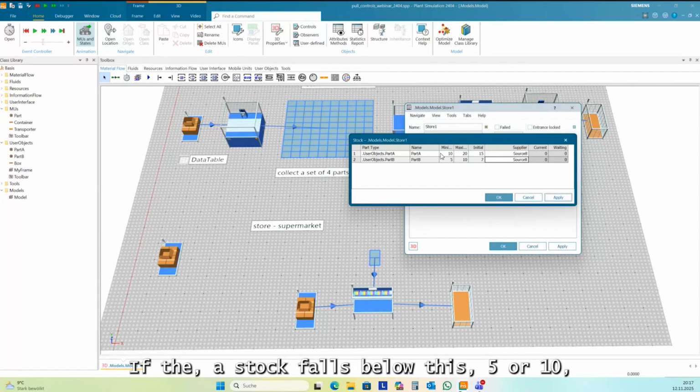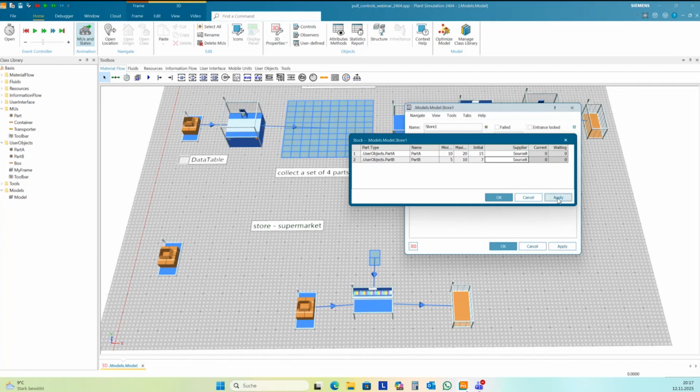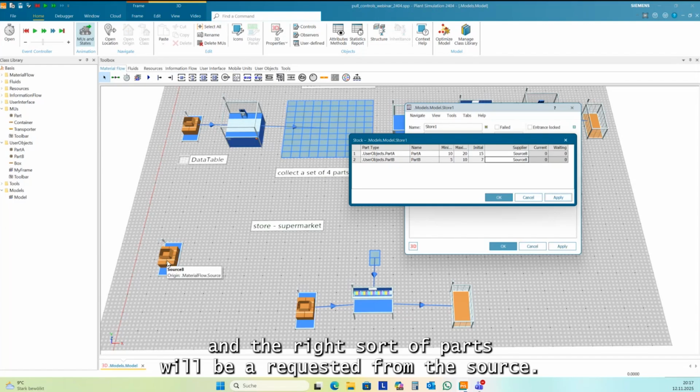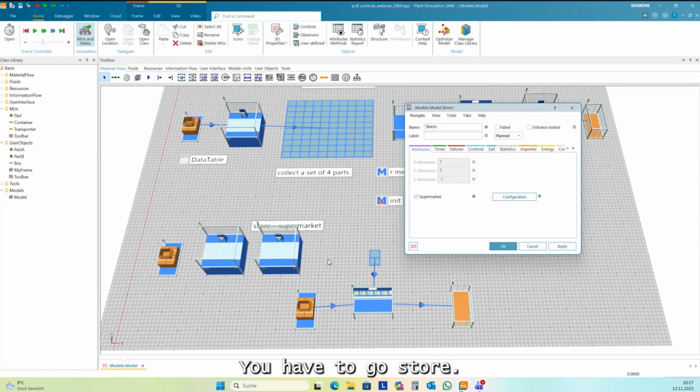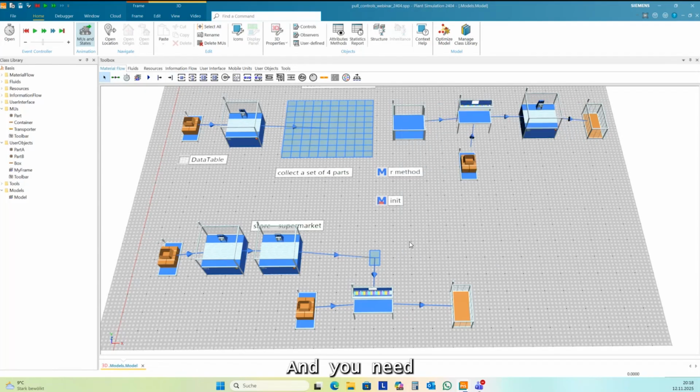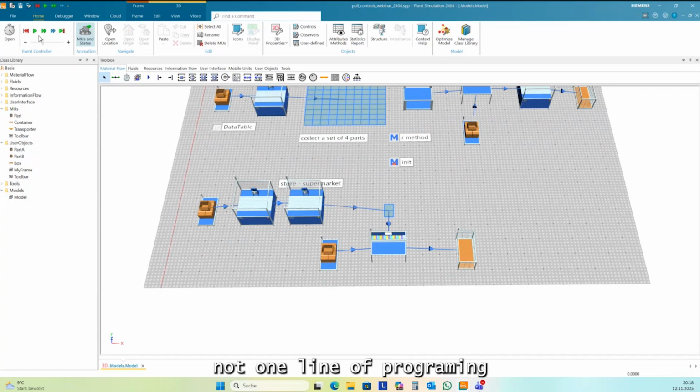If the stock falls below this 5 or 10, then the right number of parts and the right sort of parts will be requested from the source. And then usually you have several production steps you have to go through. And at the end, these parts come back to this store. And you need not one line of programming to create this.